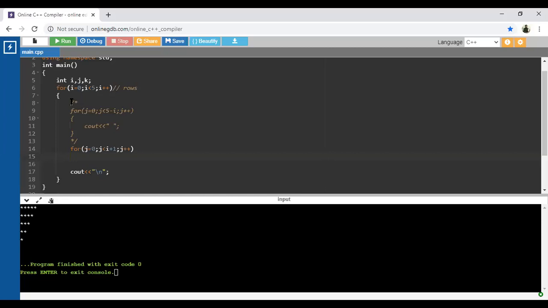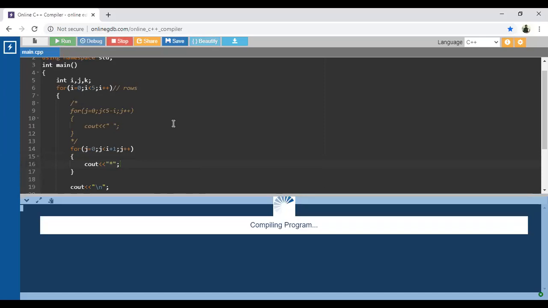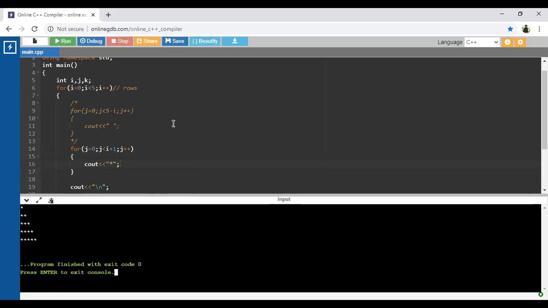What is the right hand side condition? 0 plus 1 is 1. So 0 less than 1, is the condition true or false? True. So it is true for only one value, valid for only one iteration. Now check, this particular for loop is going to display the left hand side of that particular pyramid. Yes, clear? Did everyone understand how the for loop executed?